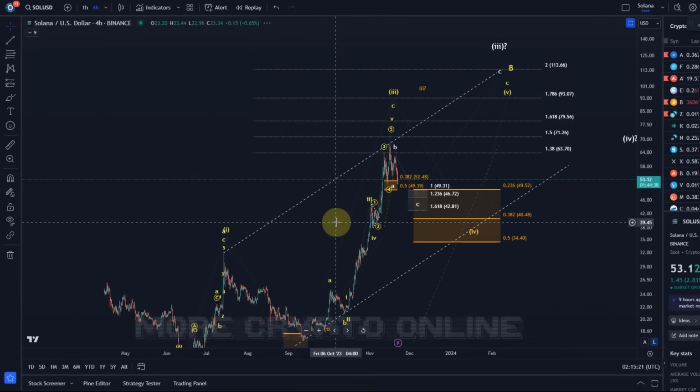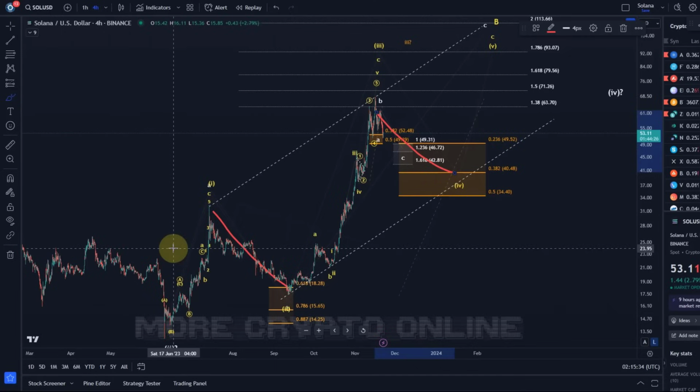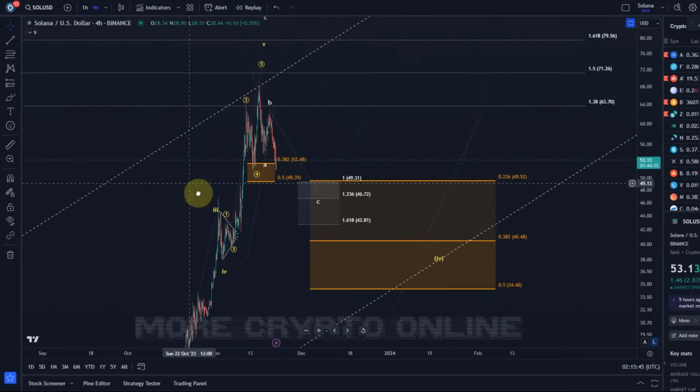That has to do with the situation that the wave 2 was quite large. It took several weeks to complete the wave 2. So oftentimes in crypto, when the wave 2 takes a certain length, the wave 4 will take a certain length as well, before then the wave 5 starts. So just be prepared for potentially a long pullback. It takes as long as it takes. It might even be faster, but I would rather prepare